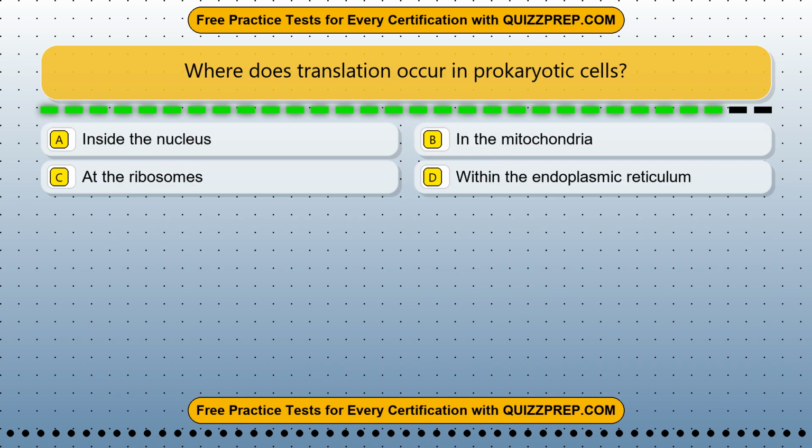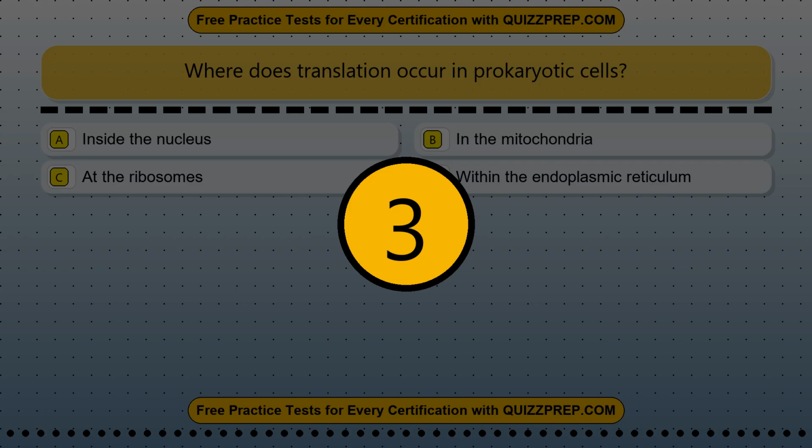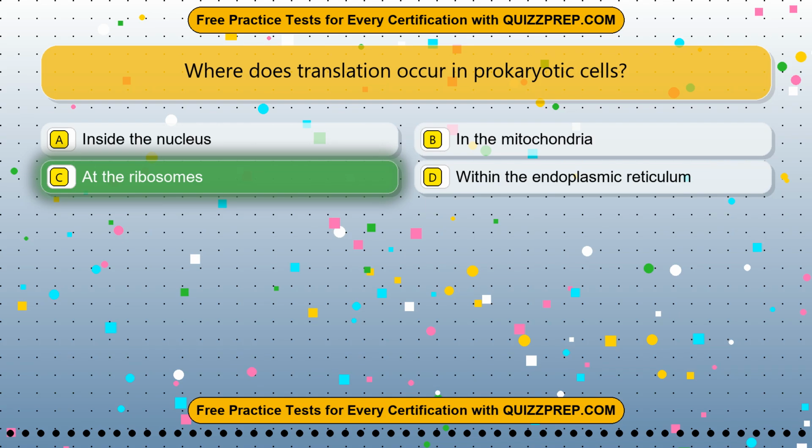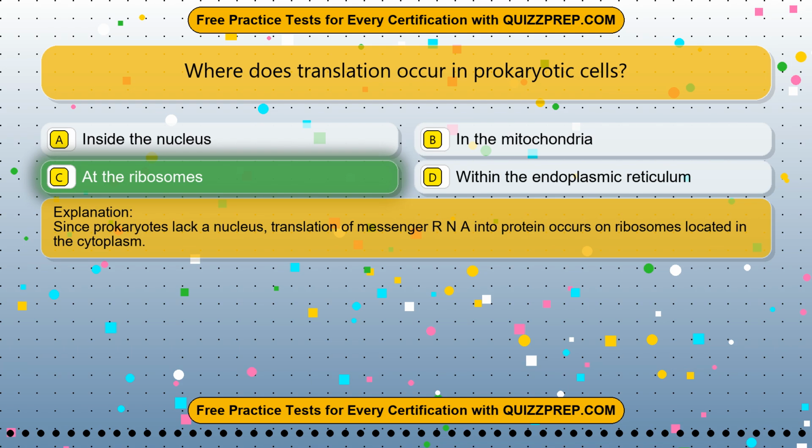Question 13. Where does translation occur in prokaryotic cells? Option A. Inside the nucleus. Option B. In the mitochondria. Option C. At the ribosomes. Option D. Within the endoplasmic reticulum. The correct answer is option C. At the ribosomes. Since prokaryotes lack a nucleus, translation of messenger RNA into protein occurs on ribosomes located in the